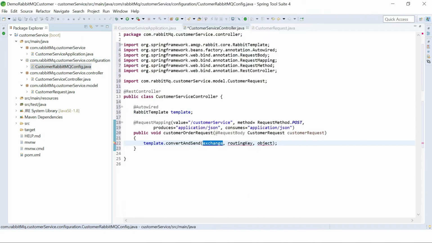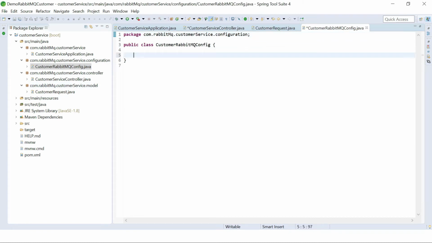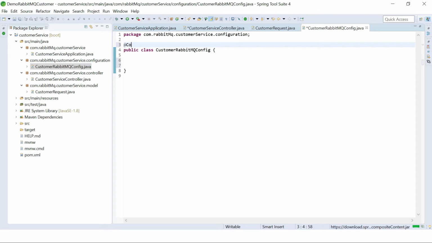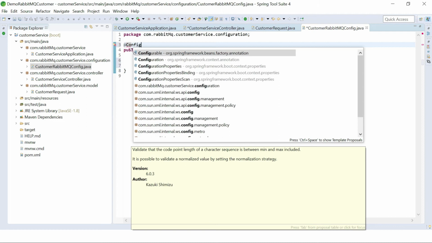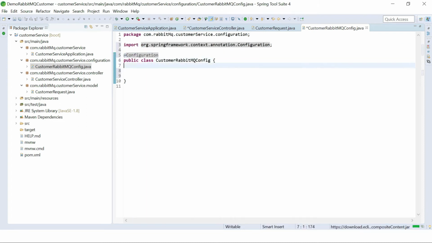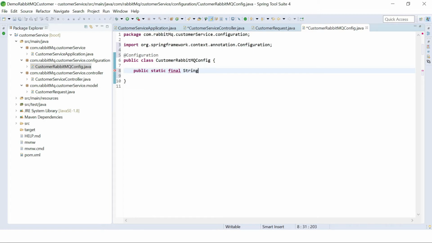Okay, so here, what things do we need? First I will add the Configuration annotation so that it is considered a configuration file and it will load. First we need the exchange, so create public static final, because we are not changing this exchange, so make sure it is final.